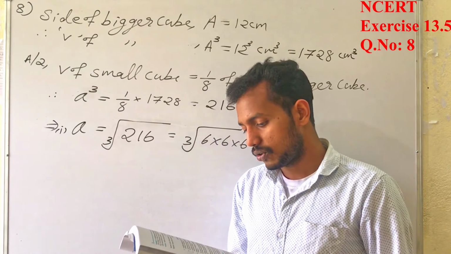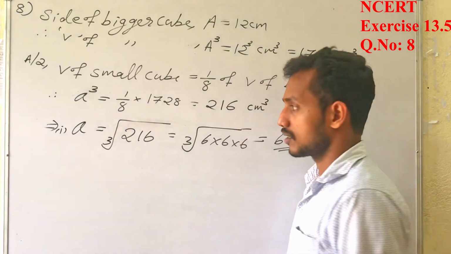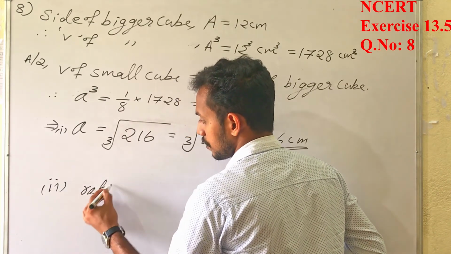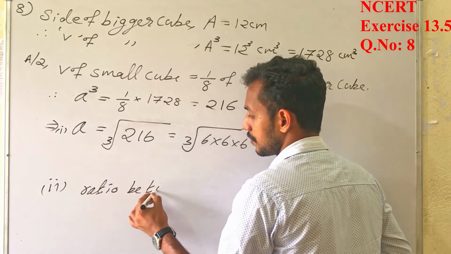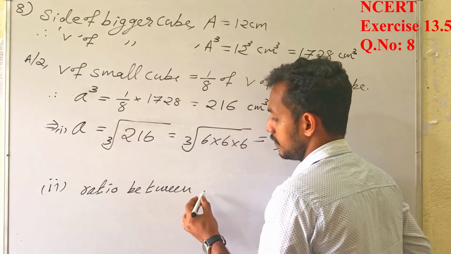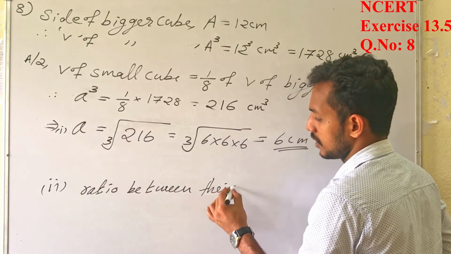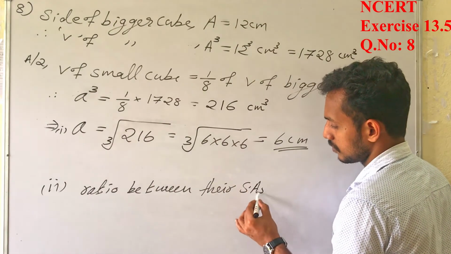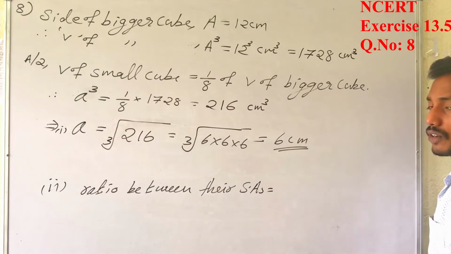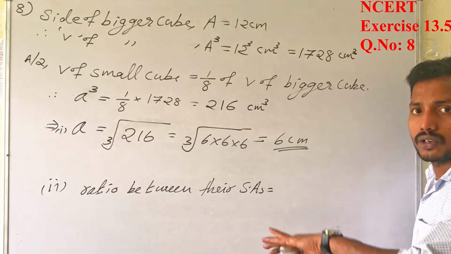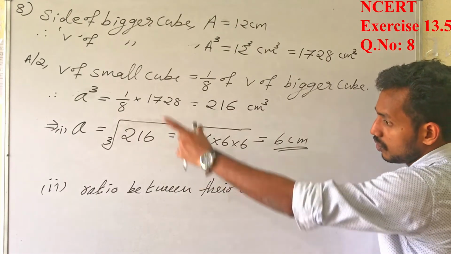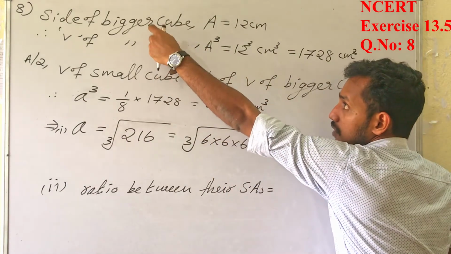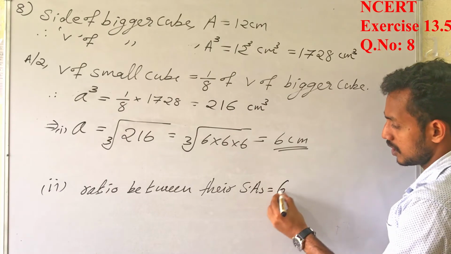Find the ratio between their surface areas. That is the second question. Ratio between their surface areas is equal to, what is the surface area of a cube? 6 into side square. So the surface area of the bigger cube will be 6A